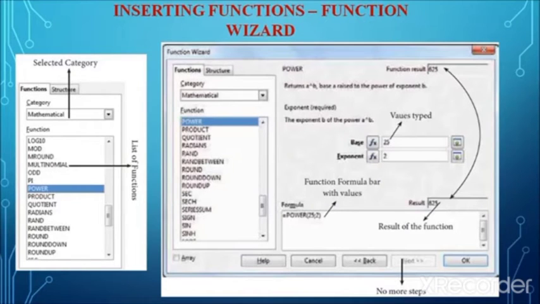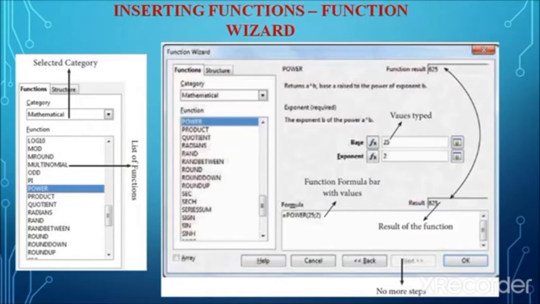Next is the function description. When you select a function, the description of that function and its syntax, the prototype, and a small description will be displayed on the right side of the dialog box.